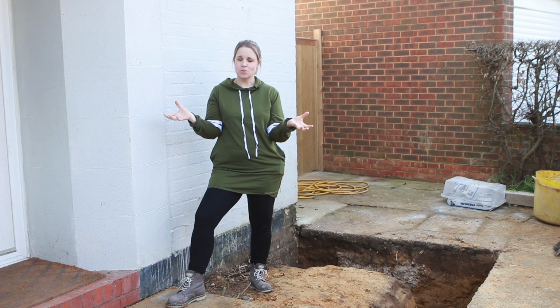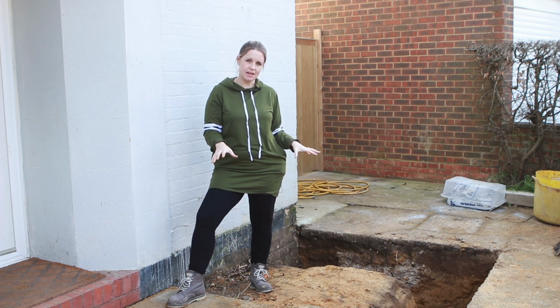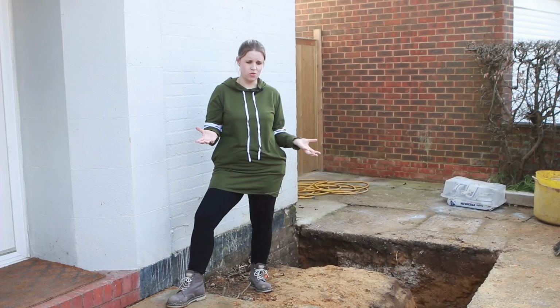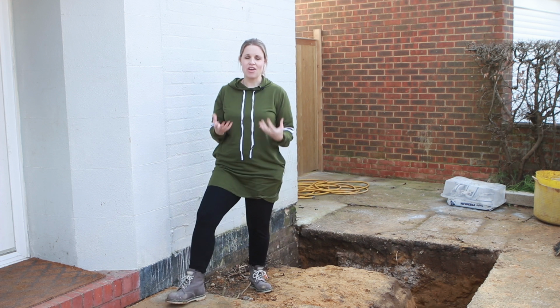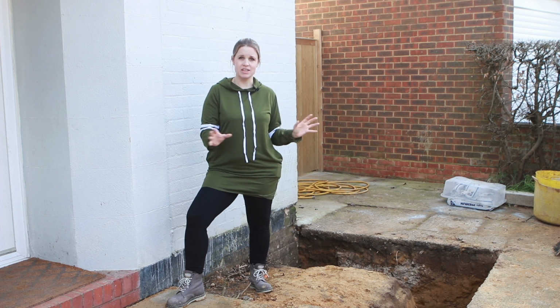In terms of other things, we've just got to choose the roof light, and for the flooring, we're more than likely going to carry on the Karndean that we've got in the rest of the house, just for the continuity, and because so far we've found it a really good durable floor, easy to clean, doesn't get too cold. It should be fairly warm even if we haven't got the underfloor heating, whereas something like tiles might get a bit too cold